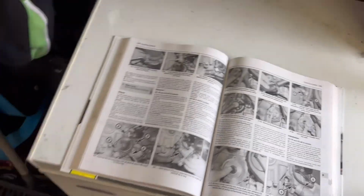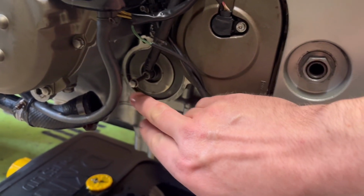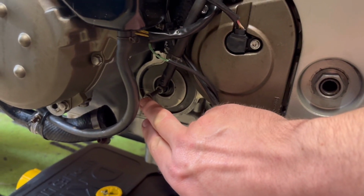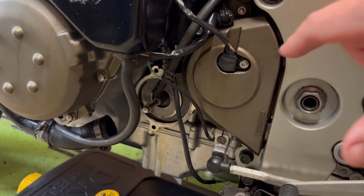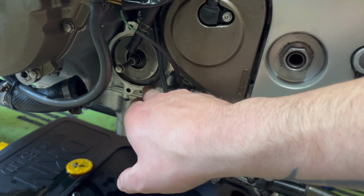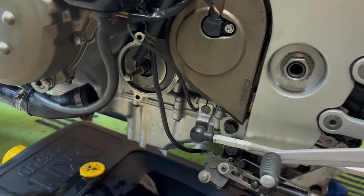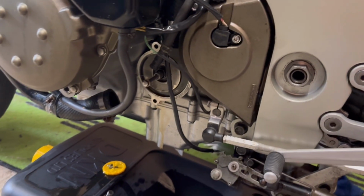So after doing the research with the book, and which you should always do if you have it to hand, they are the business, never go wrong with them. So this water pump, it needs to come out, and it says you need to put one of your bolts back in the middle where the impeller comes on and push pressure on that to keep the oil pump housing in position. And then basically this water pump housing here, I've given it a tap with a rubber mallet. It's starting to loosen off. It's just a case of a bit more